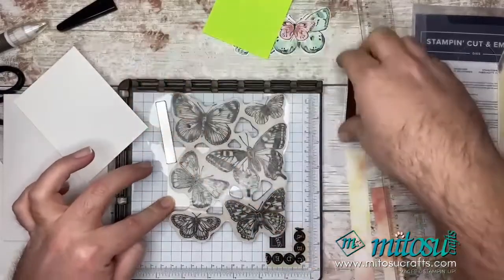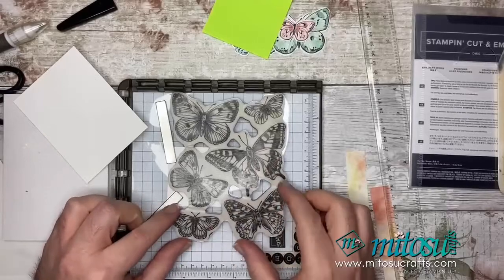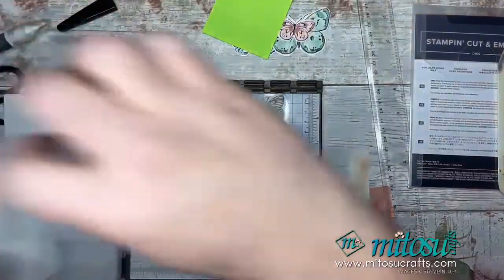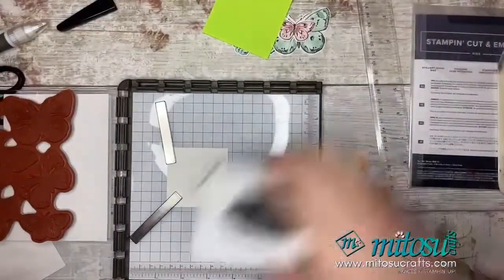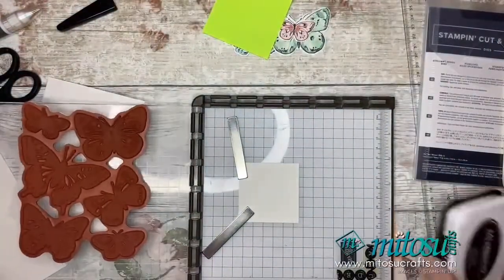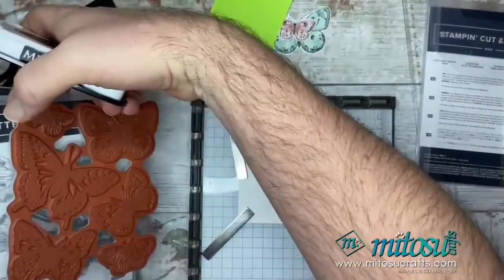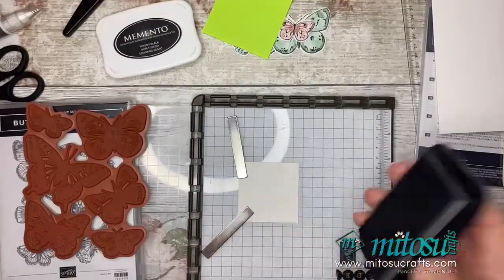Pop that there. Pop that there. That will hopefully hold that in place. So if I have got my stuff lined up, then I'm going to take that and ink this up. So that's why we think people have been saying they are going to be buying 2 for this purpose, because it's a big stamp and the individuals are maybe a little bit harder to...